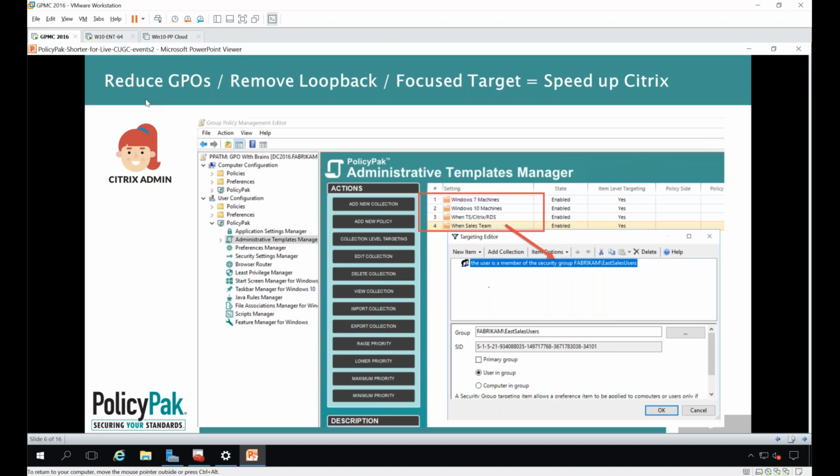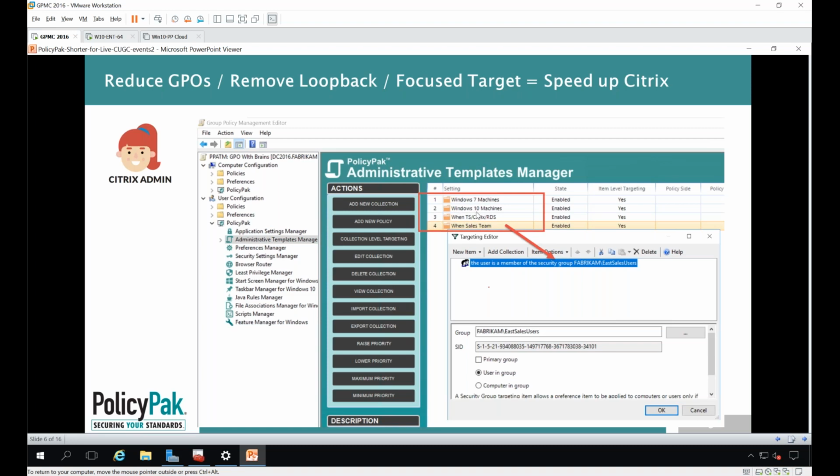And what we're doing here, and I'm going to show you this as one of my last demos, is inside of a group policy object that you know and love, we're going to create these little mini folders. These little mini folders are going to have an evaluation on it. So for instance, if you want to say when it's a Windows 7 machine, or when it's a Windows 10 machine, or when it's Citrix, or when it's on the sales team, you can just use the group policy item level targeting that you might have already known and loved, and you can say, okay, only fire off the stuff in the folder when the user is a member of the sales team. Only fire off the stuff in this folder when I'm hitting a Citrix server. Only fire off this stuff when it's Windows 10, and so on.